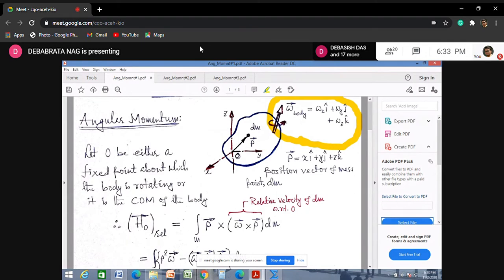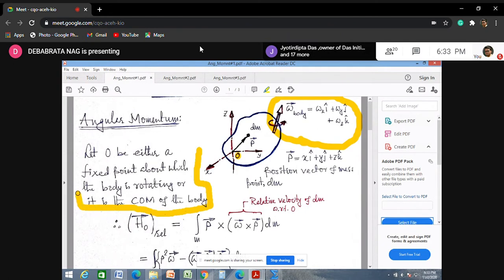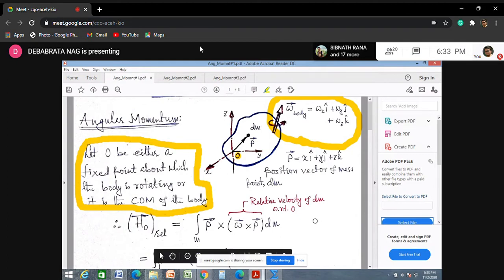And in this case, we have selected a point O, and the specification has been given here: this point O will be either the center of mass of this body, or the fixed point of rotation about which this body is rotating. That means either it will be the center of mass of the body, or the point about which this entire rigid body will be rotating, right? So these are the 2 points about which I can express the following equations.